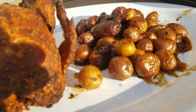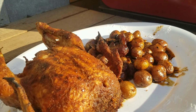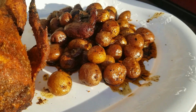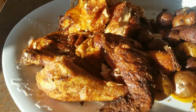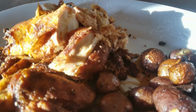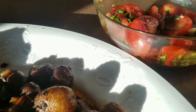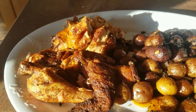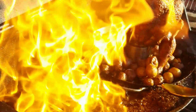Oh my, check that out. Look at those potatoes, glistening, crispy, super flavorful. This amazing chicken. This thing is basically rested enough. We're going to take this inside and slice her up. There we are. Chicken is all pieced out. Breasts are sliced up. These amazing, crispy, saucy, savory potatoes, and then a little tomato salad on the side. Amazing. Now this is absolutely taking chicken to 11. Now this is an absolutely fire